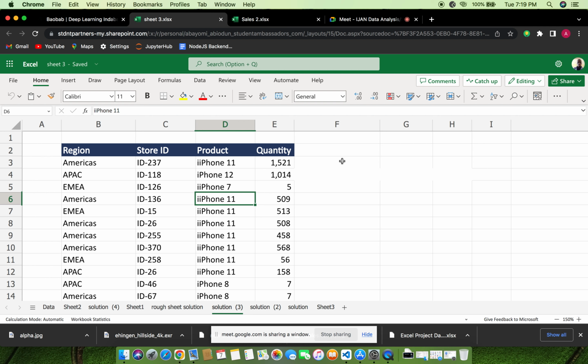Especially for people that are not new, this is something we worked on before, using SUMIF. We use transpose, we use unique, we use SUMIF, we lock some rows and columns just for us to get certain insight. But now, using a pivot table,